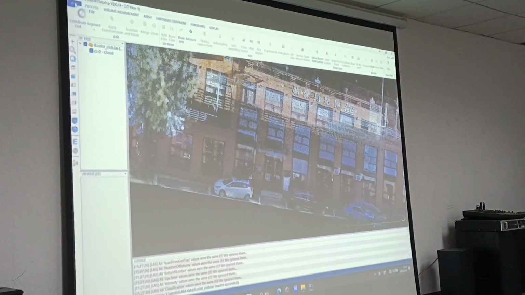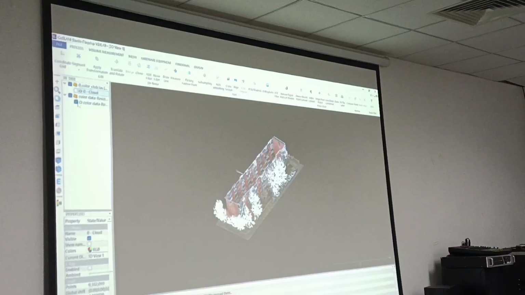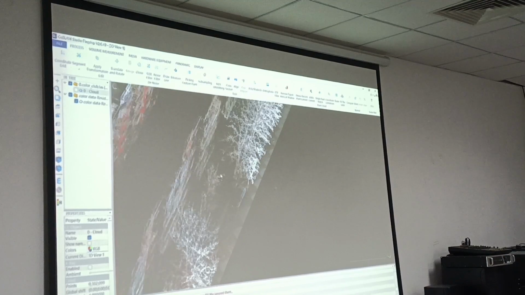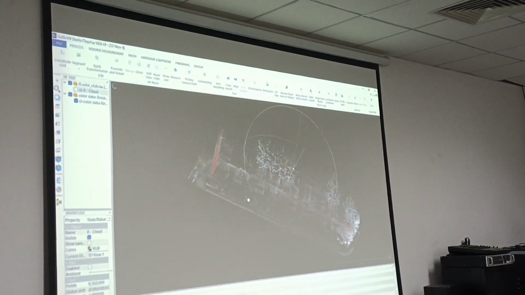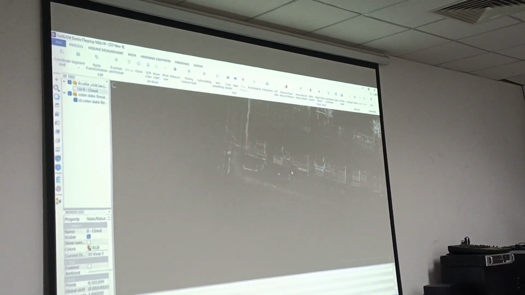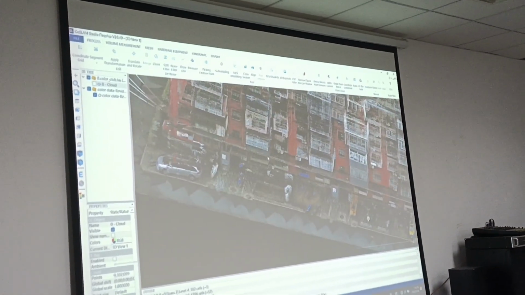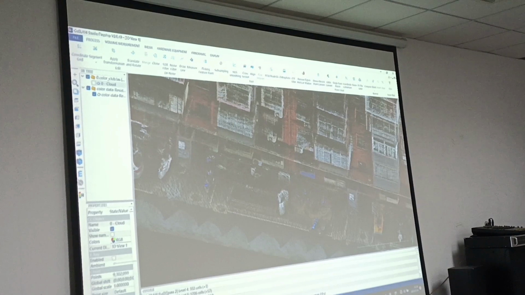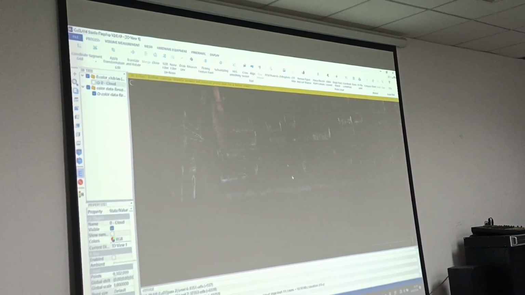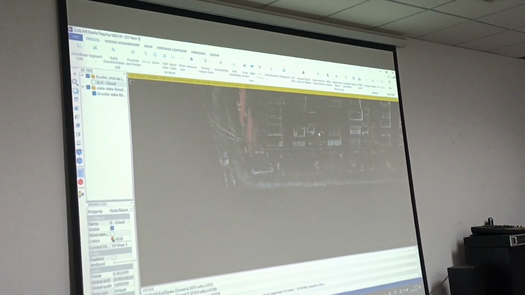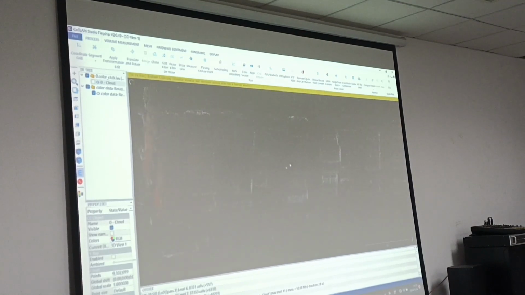If you use the camera, it's optional accessories. Another building, we use our camera. So there's maybe some mismatch on the road. It's okay. Just make sure the tracking color is